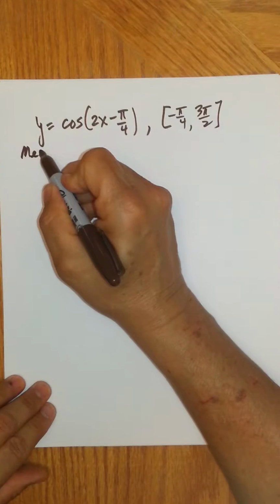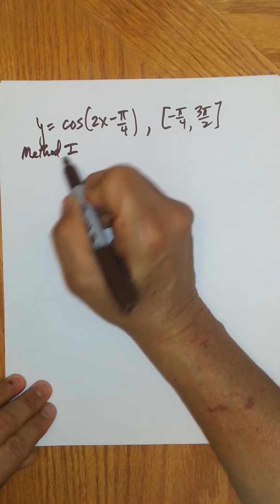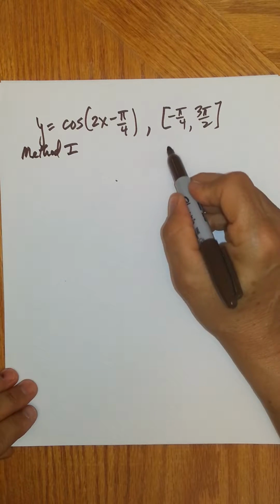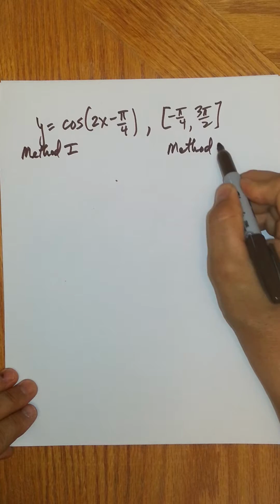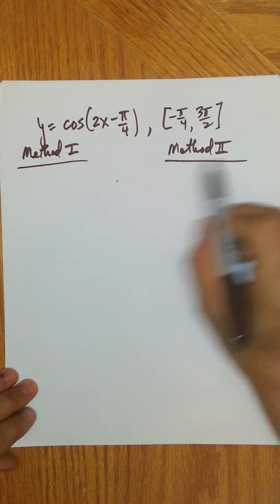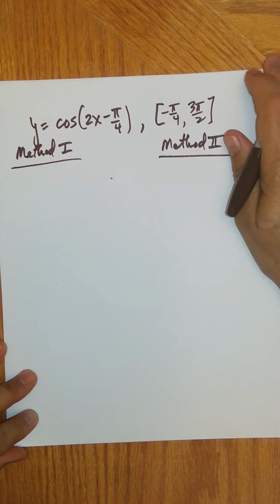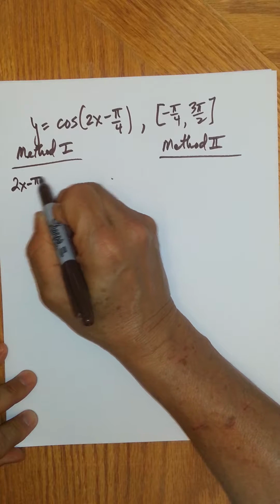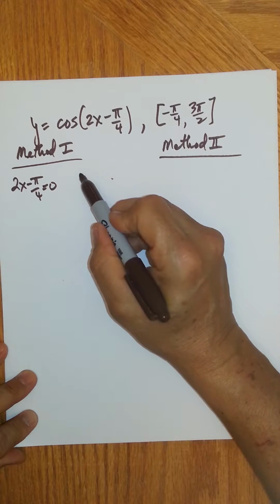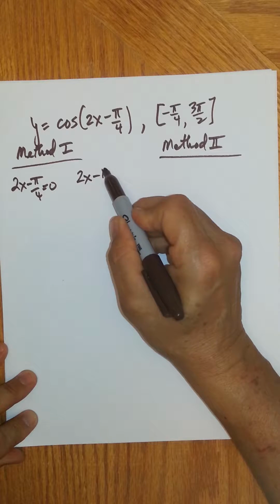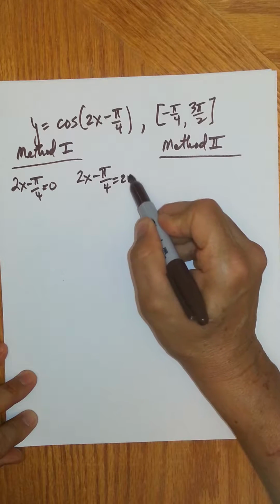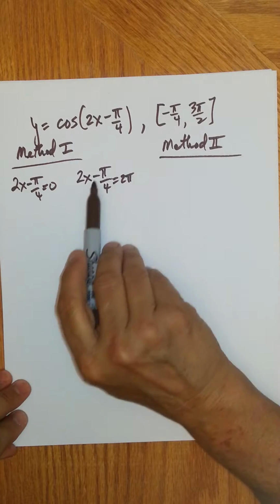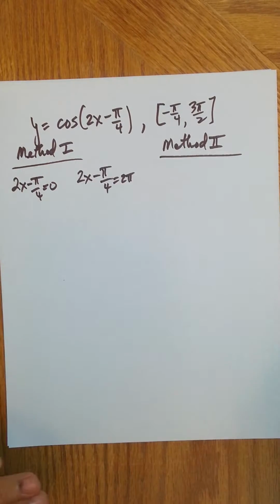So I'm going to do both methods again in terms of solving for the period and the phase shift and the end of the wave, so you get a little accustomed to both. All right, so I want to know where 2x minus pi over 4 is going to go to 0. What x causes that to happen? Find the beginning of the wave. And then I want to know for what x would I have this be 2 pi, the end of the wave. All right, so when I force the argument to go from 0 to 2 pi, then I know I generate the cosine wave, and really what I'm doing is finding out what x will make that happen,